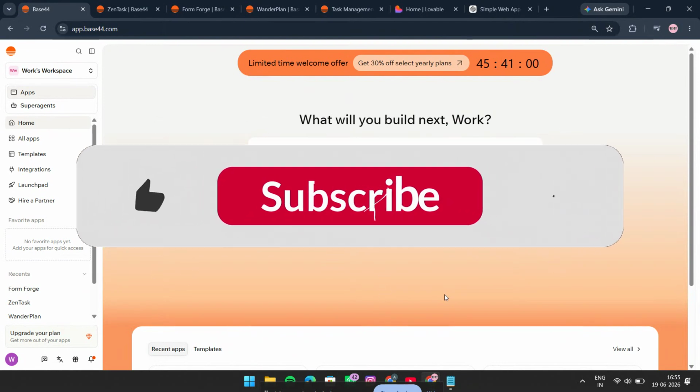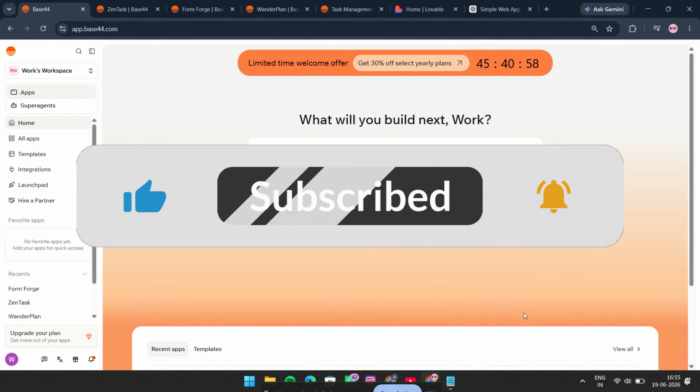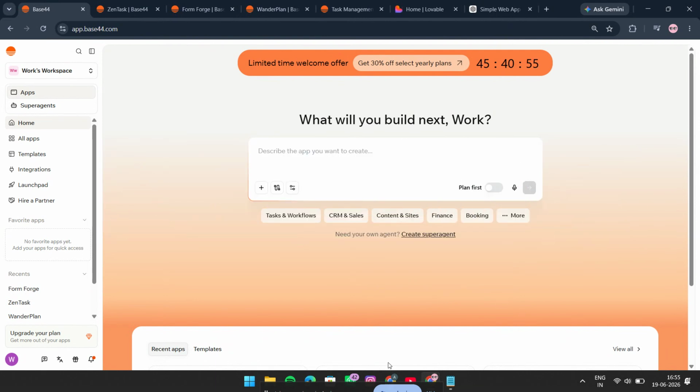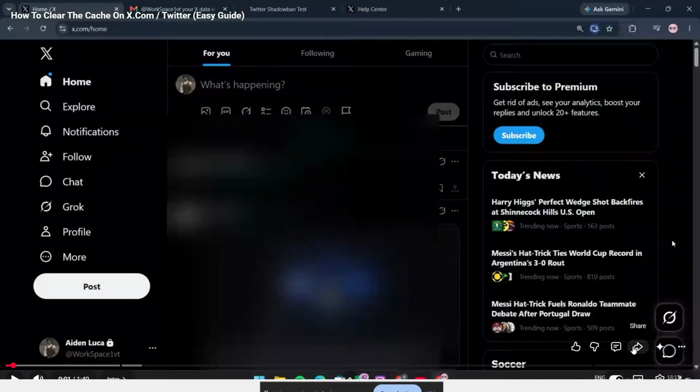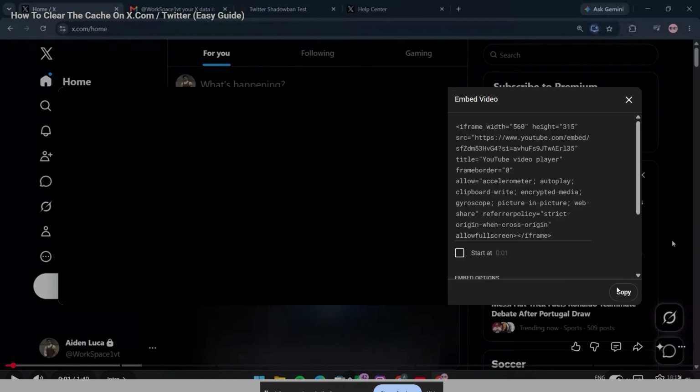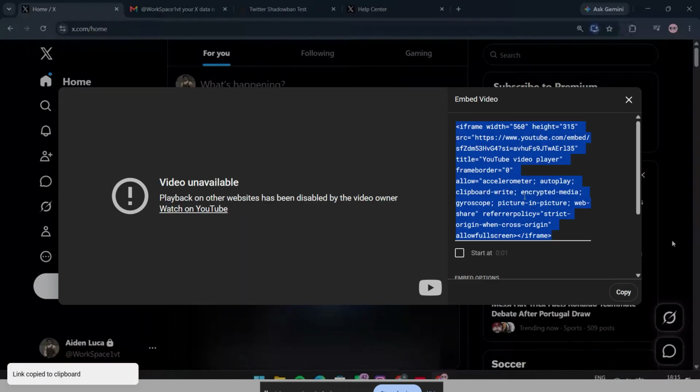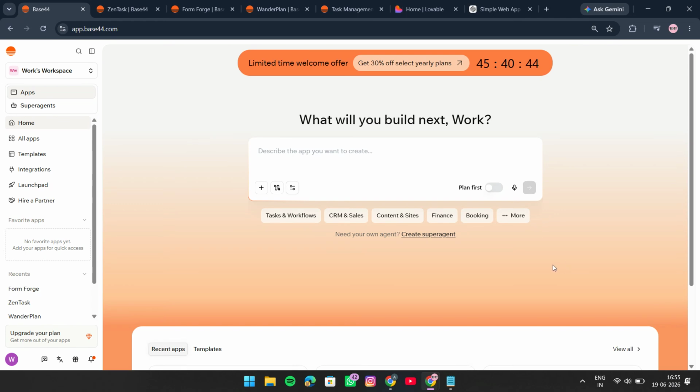First, open the YouTube video you want to embed. Under the video player, click the Share button. Once the Share menu opens, select Embed. You'll now see the full HTML iframe code for that video. Go ahead and copy the entire embed code exactly as it appears. Make sure you copy the whole iframe because this is what Base44 needs in order to place the video correctly